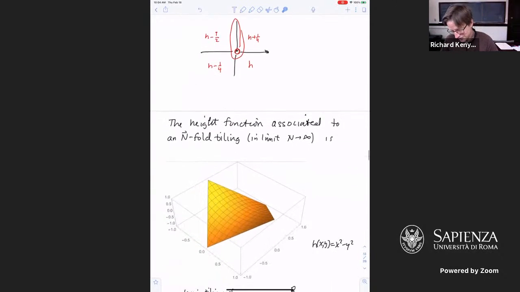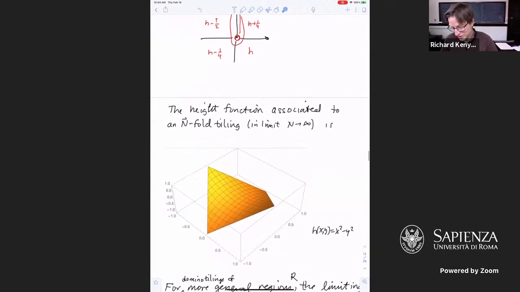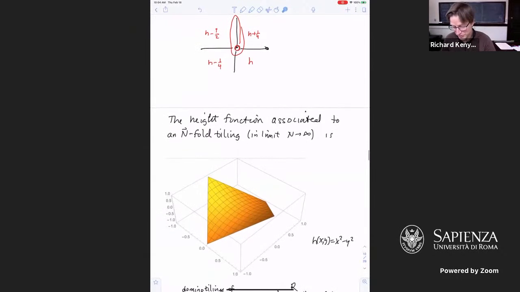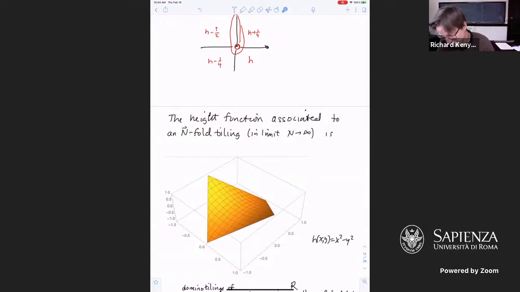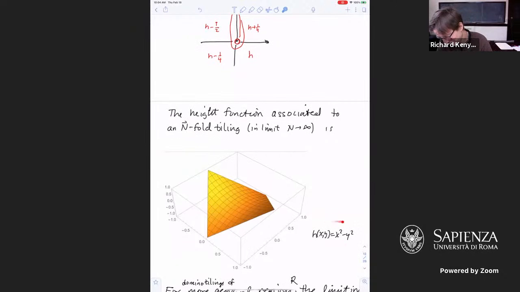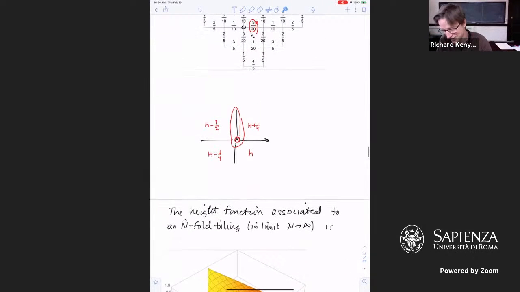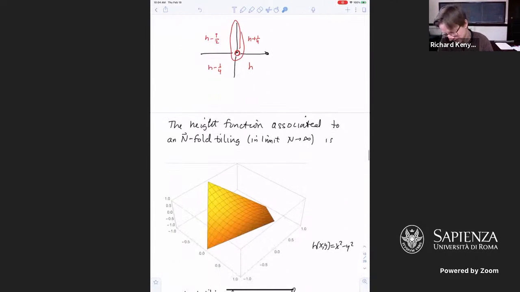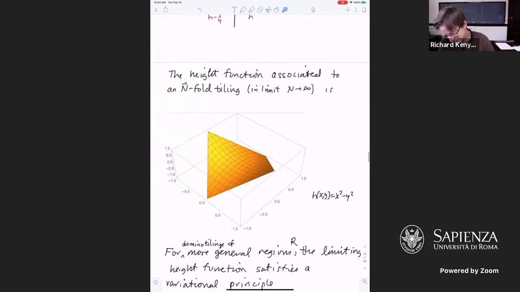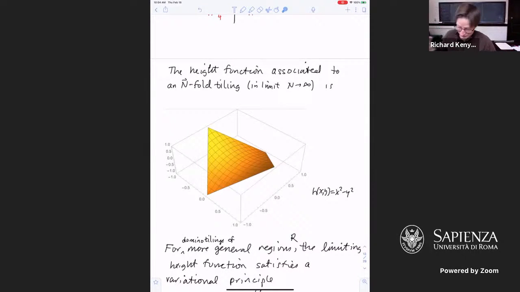And for the critical weights here, you can find that the height function associated to it is just a simple quadratic function. Because all the weights satisfy some quadratic function of their position, it's easy enough to work out the height function, and it's exactly this equation here. Again, it's some sort of